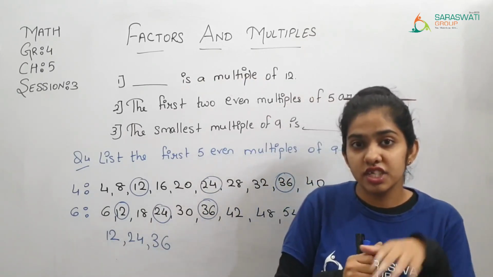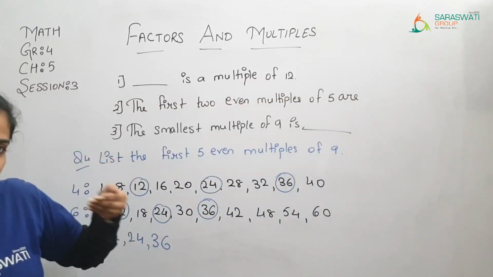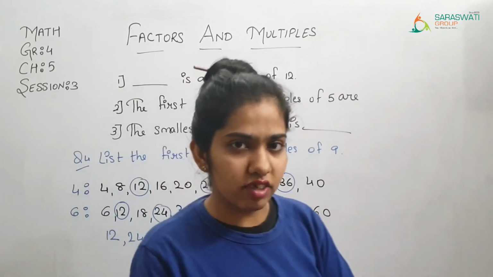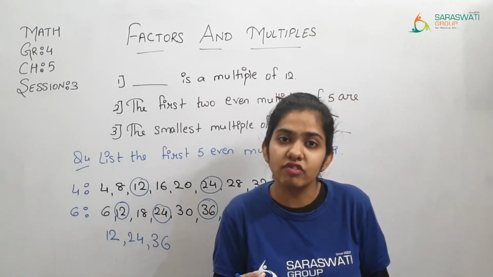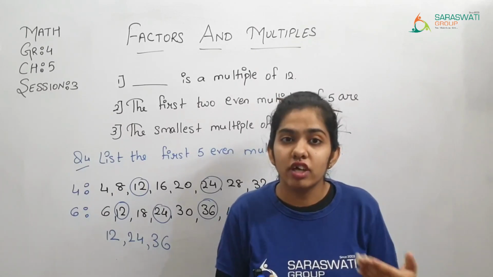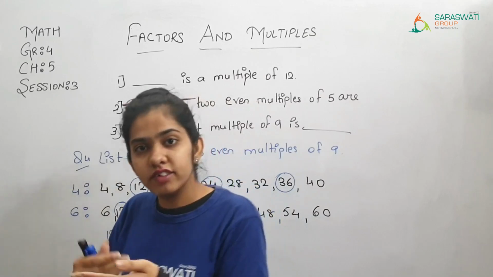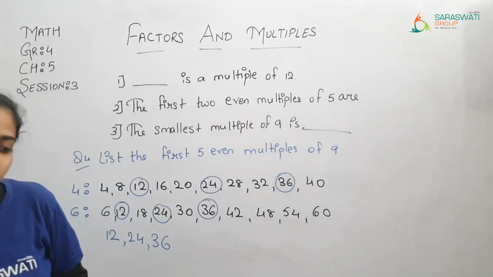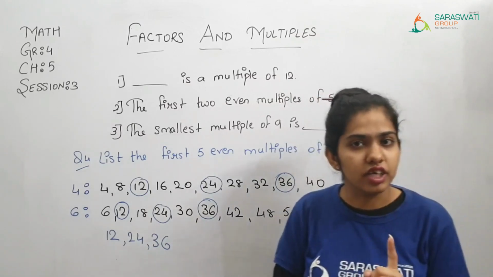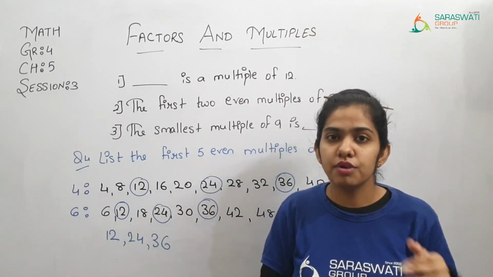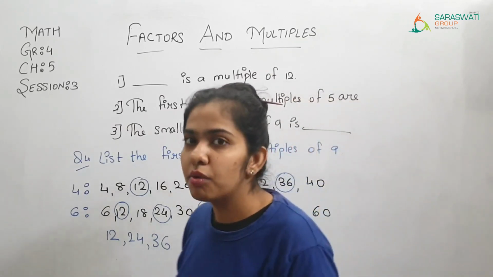For example, 5 it is an odd number. તો 5 ના જે multiples જોશો ને તો એક odd એક even, એક odd એક even alternatively હશે. 5 then 10 is even, 15 then 20 is even, then 25 30 is even. So એવી રીતે alternatively odd even થશે. But the multiples of even number are always even, and the multiples of odd number are alternatively odd and even. So this is all about multiples.